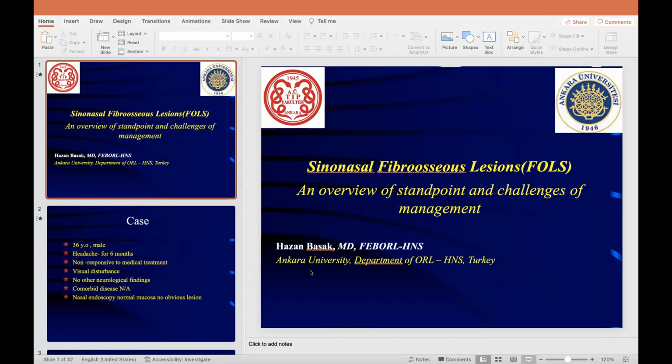On nasal endoscopy, in some cases, if it is located inside the nasal cavity, not just the sinuses, you can see a nasal mass covered with normal mucosa. In these cases, it is a little difficult to decide if it is a normal anatomical structure or a tumor. That's the reason radiological imaging is the gold standard to diagnose it, to be honest. What we do is mostly computed tomography scans. It doesn't always have to be maxillofacial or paranasal CT scans. You can even diagnose it with cranial ones